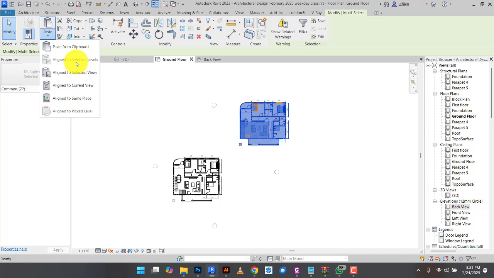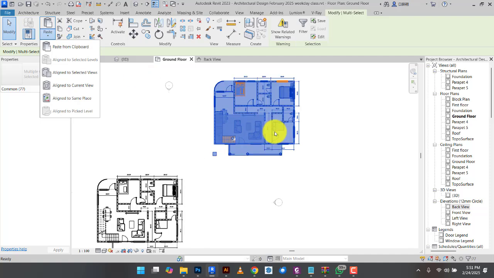When this happens to you, what it means is that some of the elements you've copied cannot be pasted up. So it means there's something inside that cannot be pasted up. If you look at the model, usually it's two things: the dimensions and the stair path. These two things. So if you face this, just click on filter,